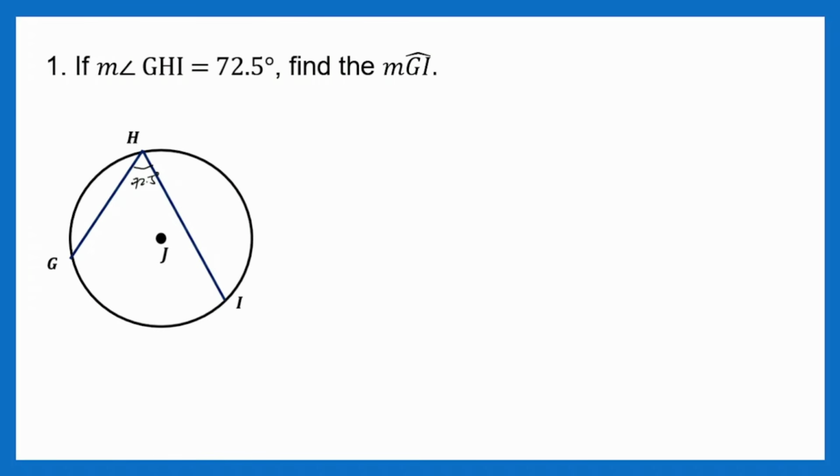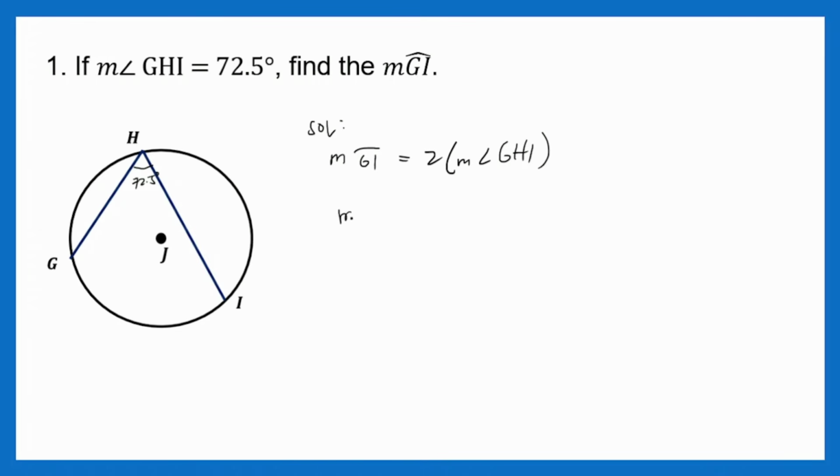Sir, i-times mo lang ito sa 2. Very good. So, tama naman. So, times mo lang yan sa 2, tapos makakuha mo na ito. Kasi yun ang idea ng ating intercepted arc tapos inscribed angle. Di ba? Pero let me show you yung solution. So, since ito yung pinapahanap, that is M. Ito yung solution natin. M, or the measure of arc GI, that is twice ng measure of angle GHI.